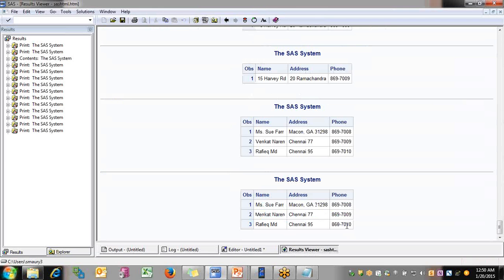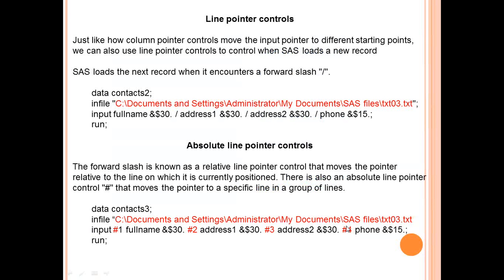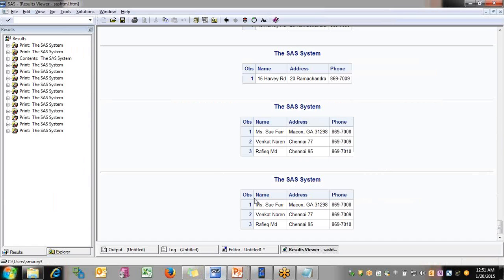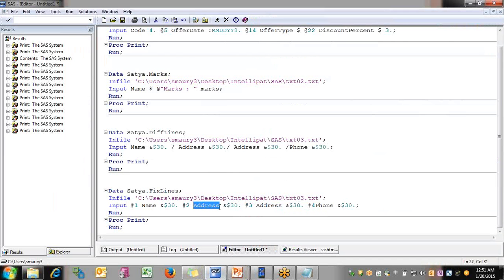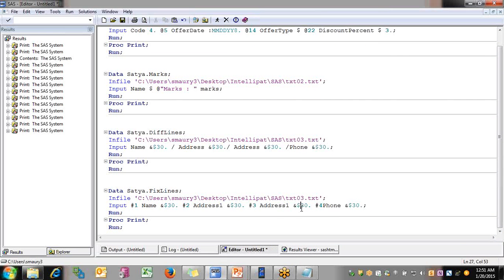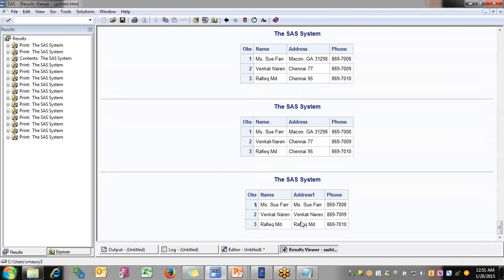It is similar to that, but now I will put in a small difference. What that difference is, I'll tell you in a minute. This is address 1 and address 2. In all my examples it has been overwriting the column, so we have been getting only one address column. It has to be address 1, address 2. Now let's say I just read address 2 first and then address 1. As soon as we run this statement, you can see